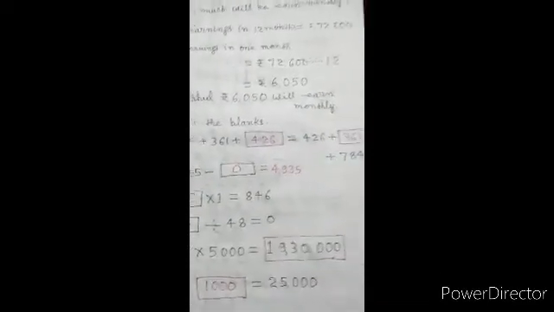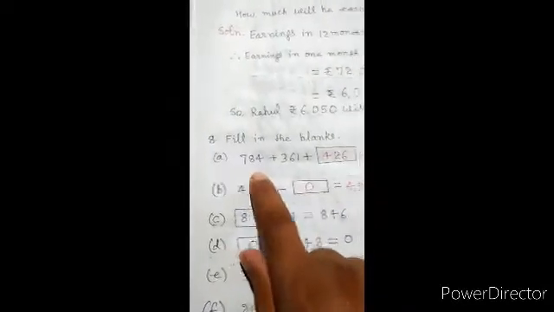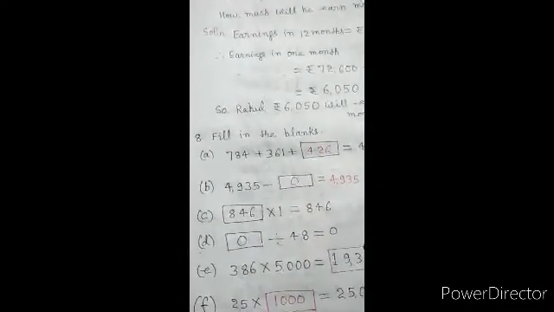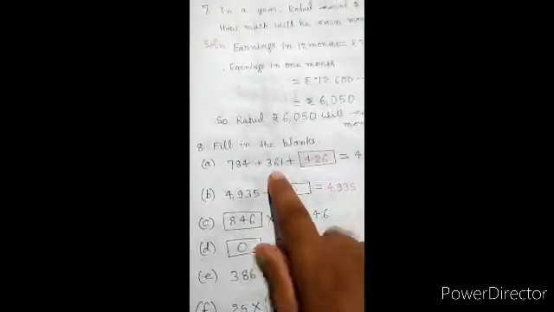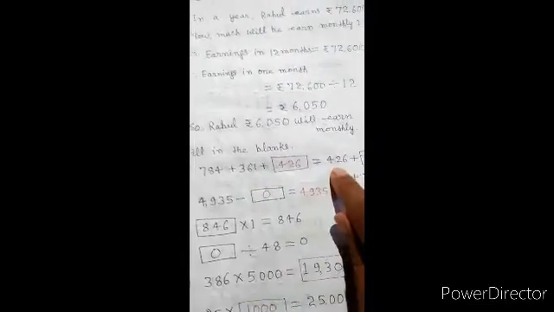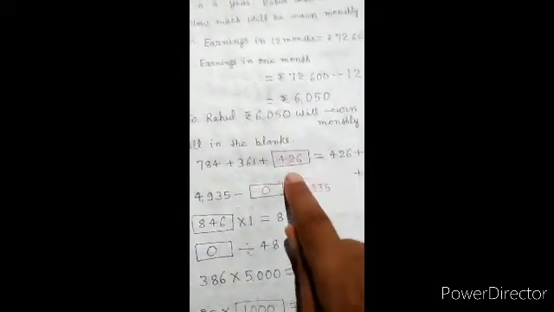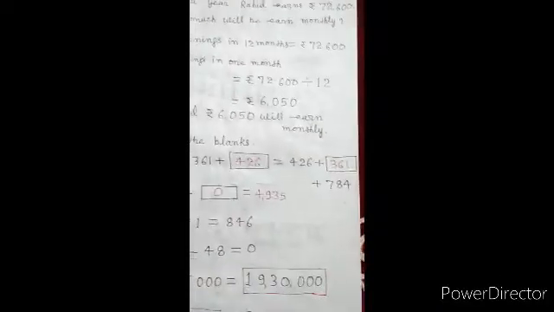Now come to fill in the blanks type questions. See here, this number is available on this side, and this number is here, and this part is empty, so we can put this number here. This part is empty, and here 426, so we put this number in this blank box. In this way, LHS is equal to RHS. This is the trick to fill blank spaces.